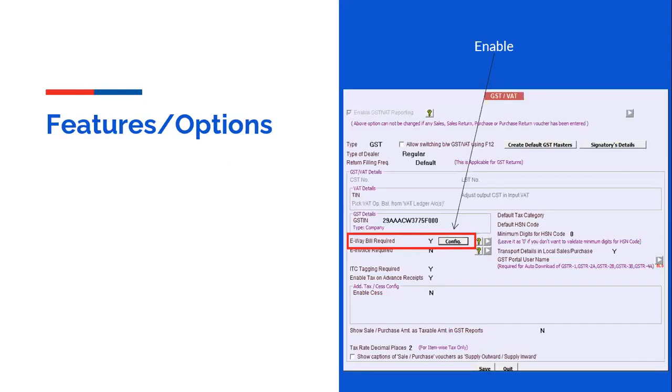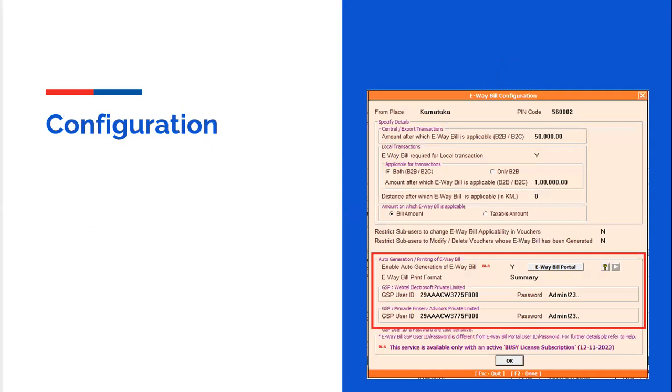Now here is a screenshot of that implementation option. You have to go to features and options, then you will get an e-way bill requirement button. You enable that e-way bill button and you will get a configuration button like this. The highlighted configuration button will display the entire information about your company, your company's place, your company's PIN code,